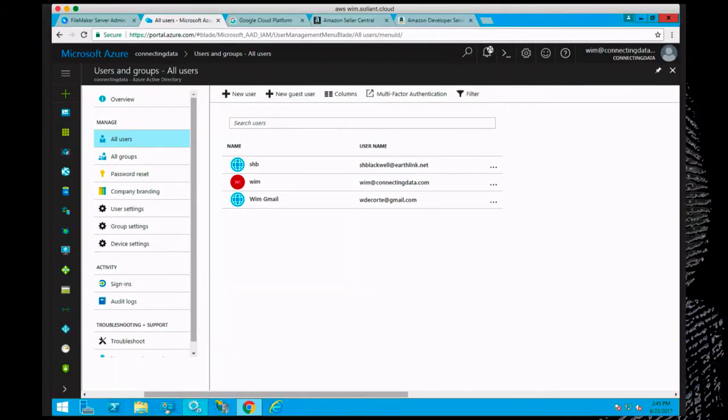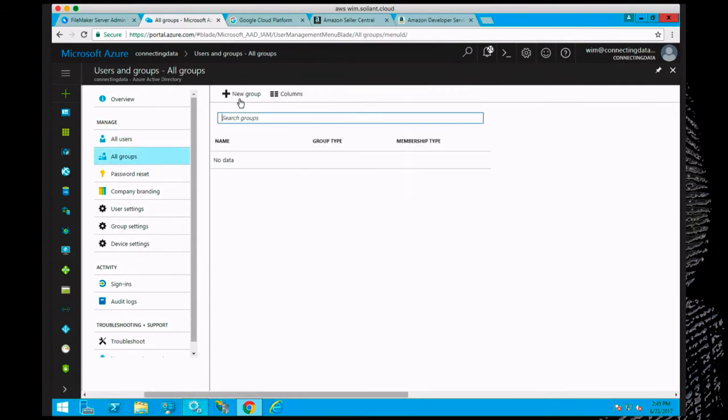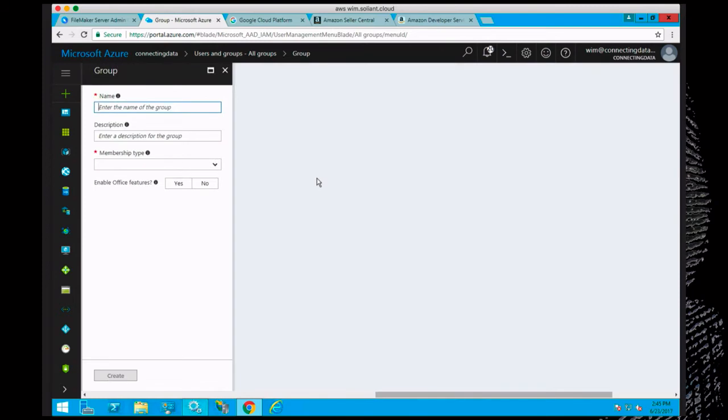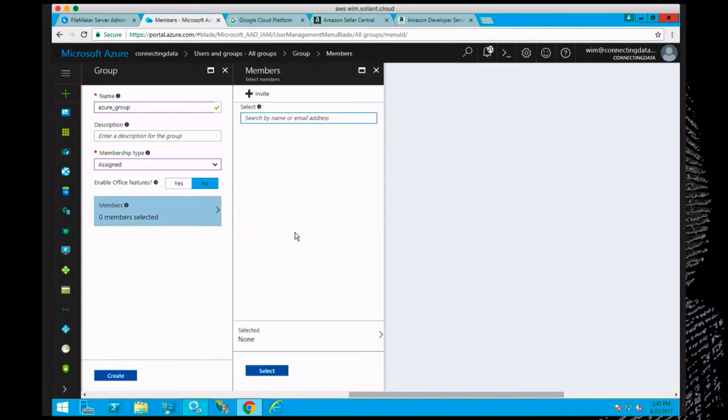So, as mentioned, Microsoft Azure is the only one of the 3 new OAuth providers that gives us group authentication. So we'll have a look at what that looks like, what we have to do for that, right? So in Azure AD, we can click on all groups. We'll create a group, have to give it a name. The name doesn't really matter, so we'll just call it Azure Group. Description is not mandatory, so I'll leave it be. And we have no members at this point,